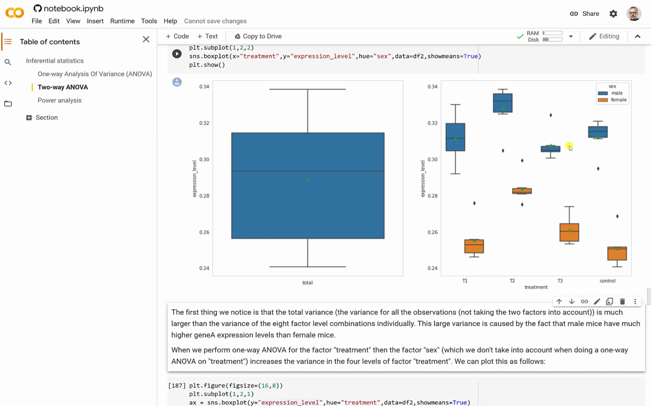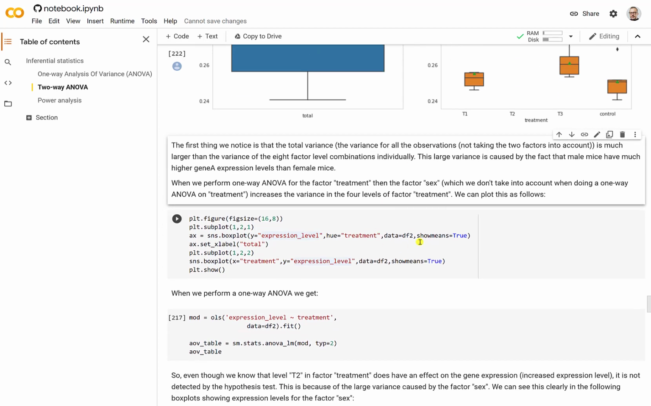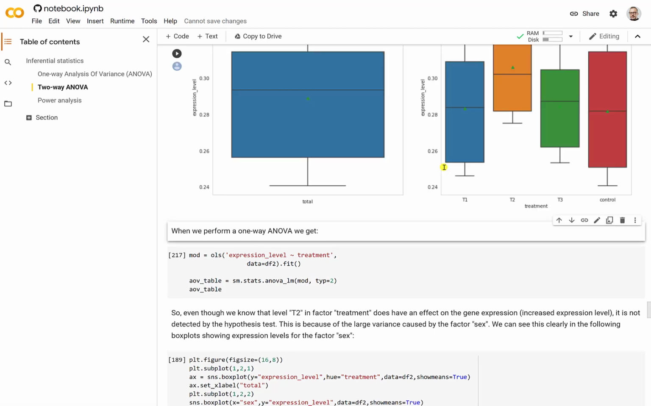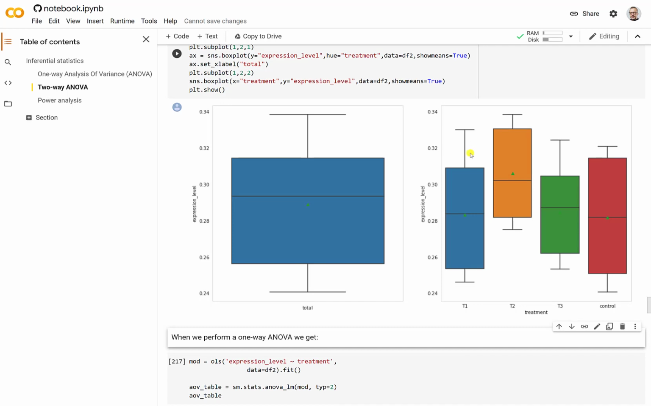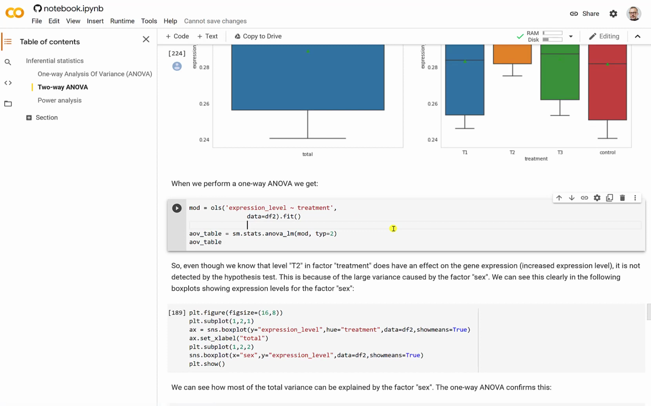Okay, so now what we can do is again act as if we don't know about this factor sex, right? So let's plot that here. Okay, so now this would be just one-way ANOVA. We don't know about the effect of factor sex on the expression level, but of course it is there, so we get this situation here. Okay, and if we then do the one-way ANOVA,